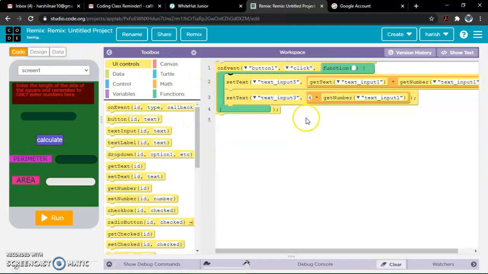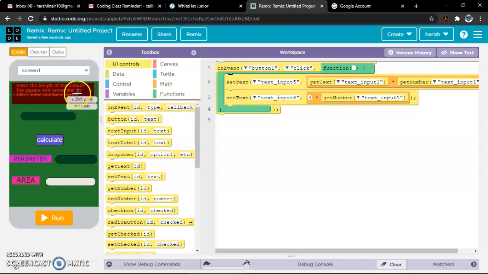These are the codes as I was saying. This code, the on event, is the main code, as you can see, like when run. When run is also a code. On event means that's the starting thing. Without that you can't code. On event is a button one. When button one is clicked, this goes into text input